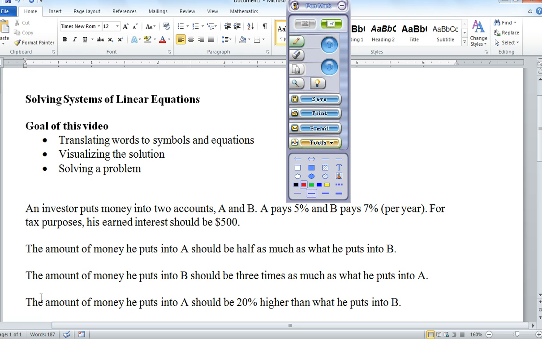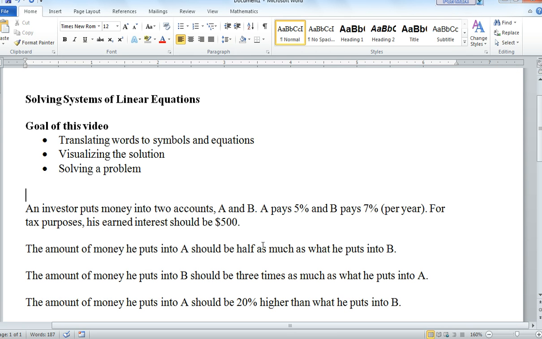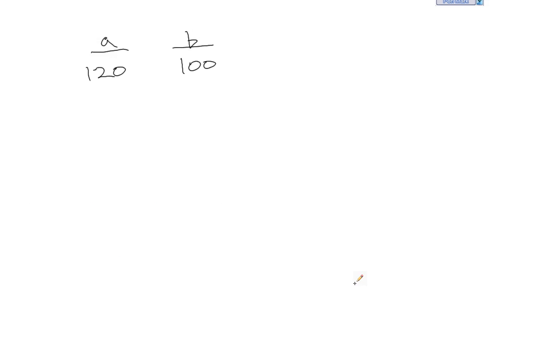Now, the next one says the amount of money put into A should be 20% higher than what he puts into B. Okay, so A is going to be 20% higher than what he puts into B. So if he puts $100 into B, he's going to put $120 into A, because what he puts into A is 20% higher than what he puts into B. And we could keep going this way, but well, how do I get one from the other? Well, to get A, I take